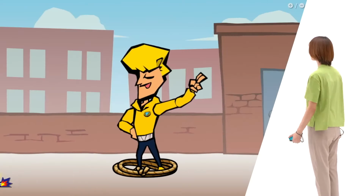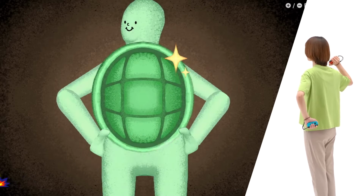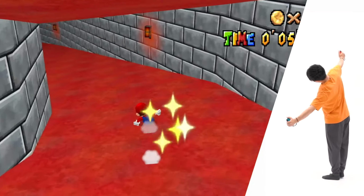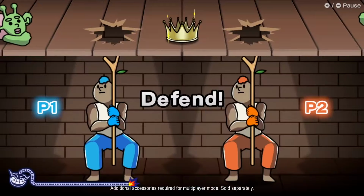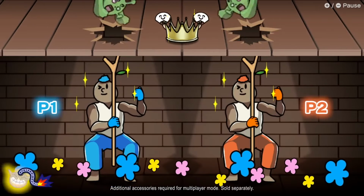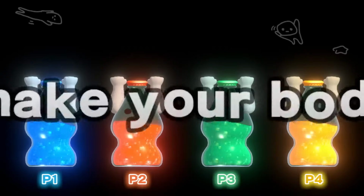There's going to be tons of gimmicky games, probably something along the lines of Labo or something new where Nintendo has you creating or doing something with the Joy-Con. You know the next Mario Party is going to have some type of extra games where you can use it as a mouse, and of course same thing with the next WarioWare game. There's going to be little mouse point and click mini games or something like that,